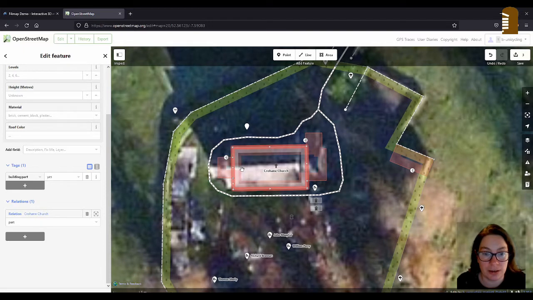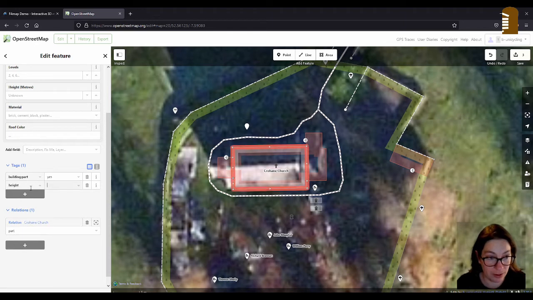When I was there, I couldn't measure the height, and I don't have any fancy surveying tools. So what I did is just I took a stick that was 1 meter long, I took it with me, put it next to the church, took a picture, and then when I was at home, I just multiplied the stick. So it's about 10 meters high. So height 10.